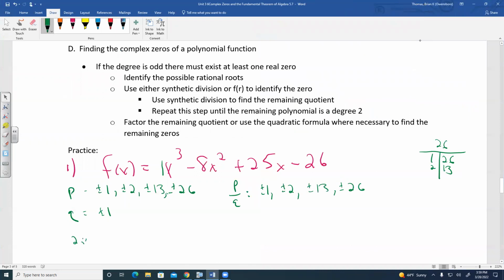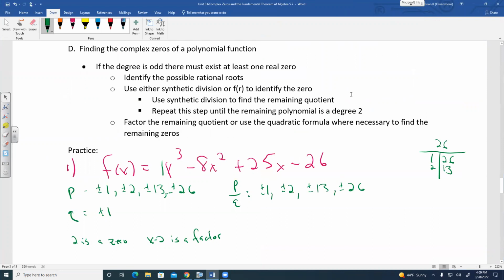So 2 is a 0. So I found one. So if 2 is a 0, that means x minus 2 is a factor as well. So what I can do is, since I found a 0, use synthetic division to